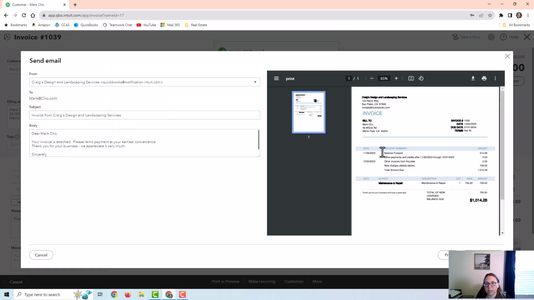And now see, this time it has this customer account summary in it because I changed that setting. So the customer sees they have a balance forward, they have new charges, and they have a total amount due. And then it gives the actual invoice item. So this is an option as well. And of course you can change the message, the subject of the email if you want to. I'm just going to save and close,